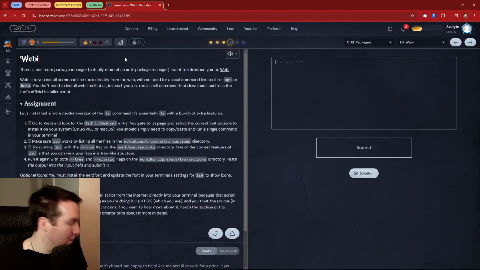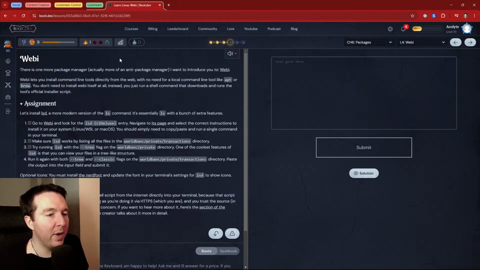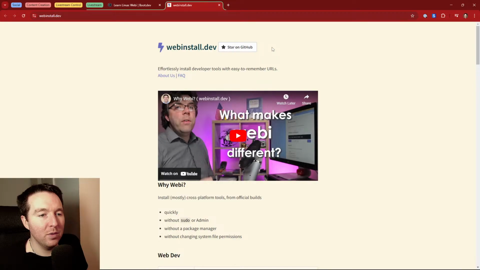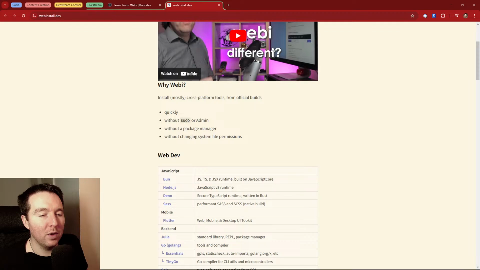Webby. There is more. There is one more package manager, actually more of an anti-package manager, I want to introduce you to. Webby. What is Webby? Webby's on the FS installed developer tools easy.